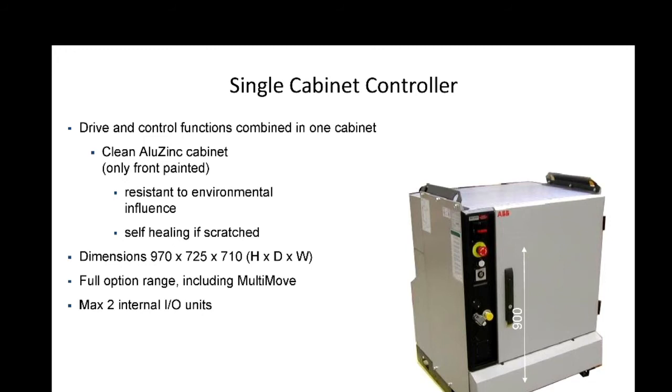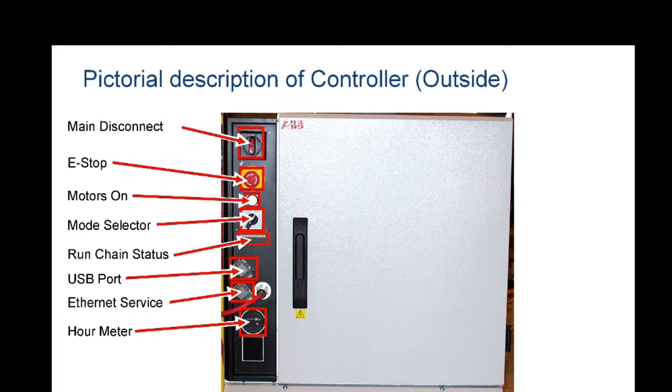First, the main disconnect, which means the main switch. If you turn off the switch, the overall controller and robot operation will be stopped. If you power on the switch, the normal startup condition will begin. E-stop: you can already see the e-stop button. We have already shown it, emergency stop, and the short form is called e-stop.